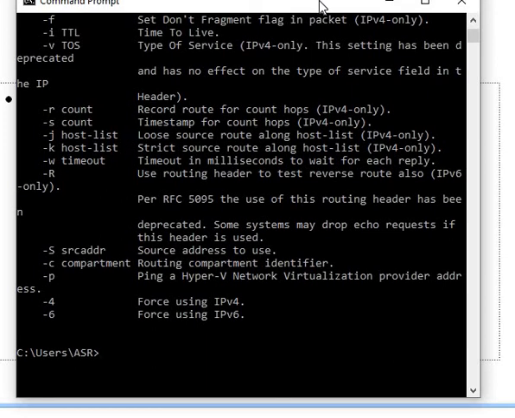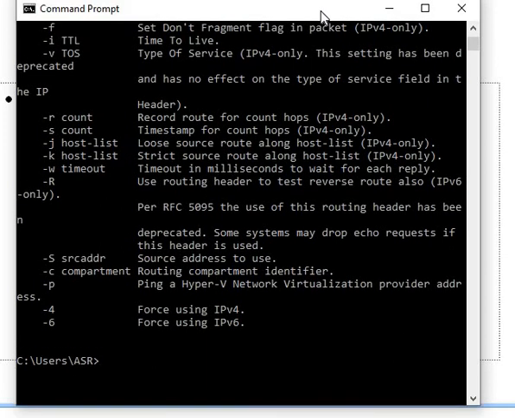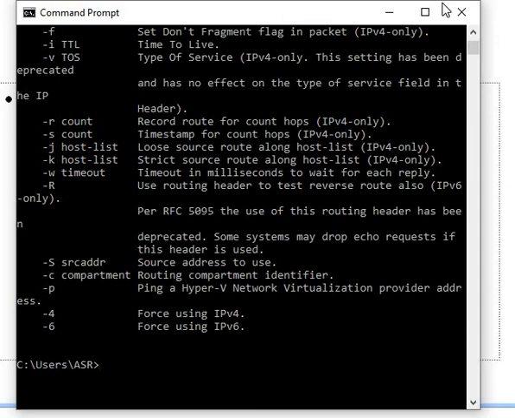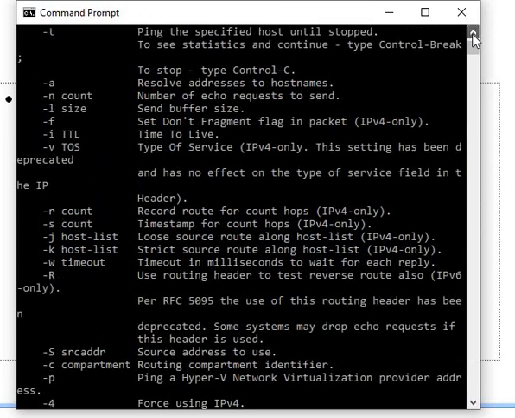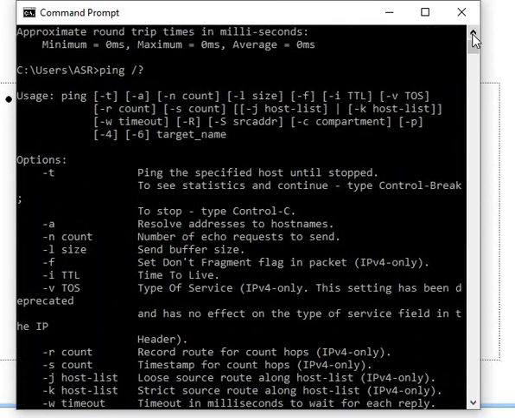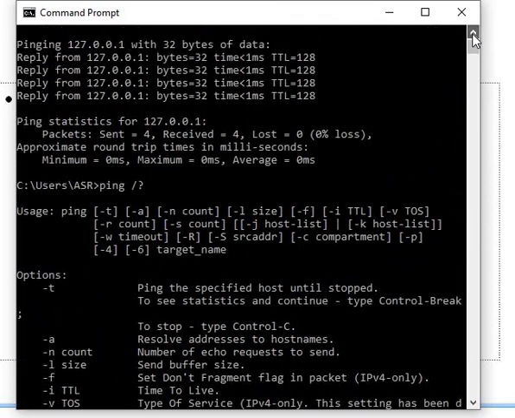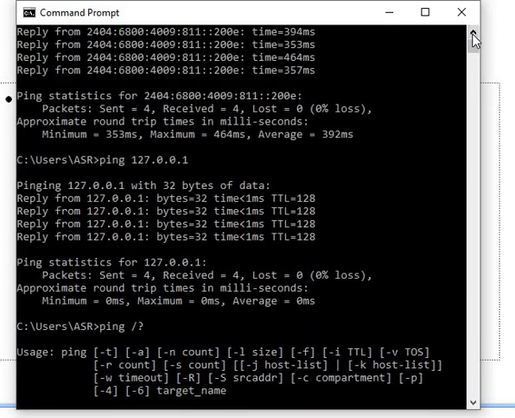So we are getting the reply, which means the system is live, and we are getting information about that system: the data, the time, and the TTL, time to live. This kind of information we are getting using the ping command.